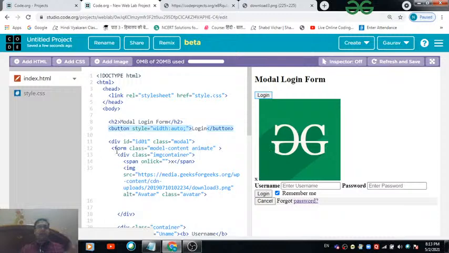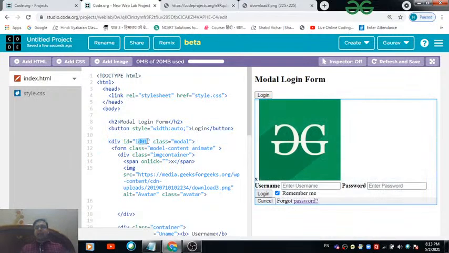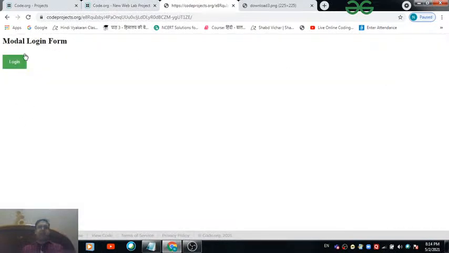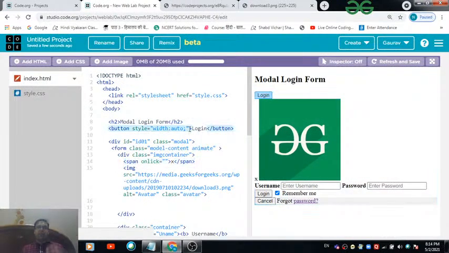Now I have placed the whole code for the login form inside this division section, for which the ID is ID01. So what we need to do is connect this login button, which the user will initially see reflected on the web page, with the division section in which the complete code of the form is there, right? So how can we do that? We can make use of this